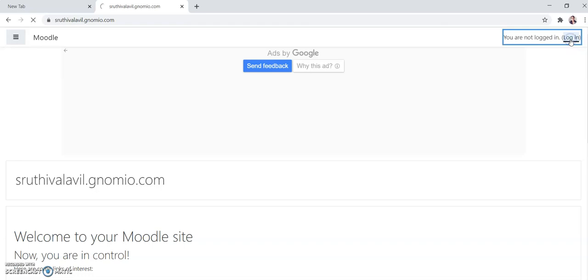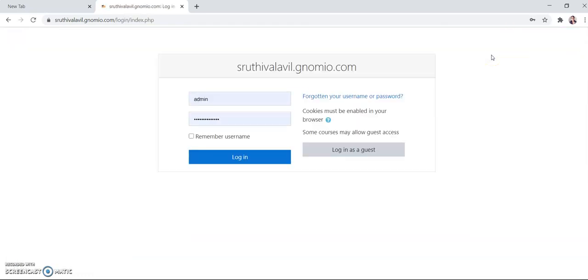So log in there. To log in to the Moodle site, you should give a user ID and password. You can use the user ID and password which were provided by your mentor. Here I already kept a user ID and password, so I am logging in with those credentials.